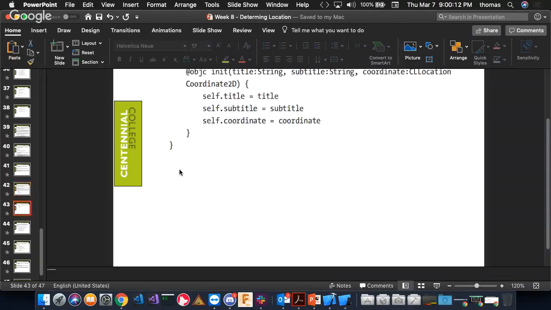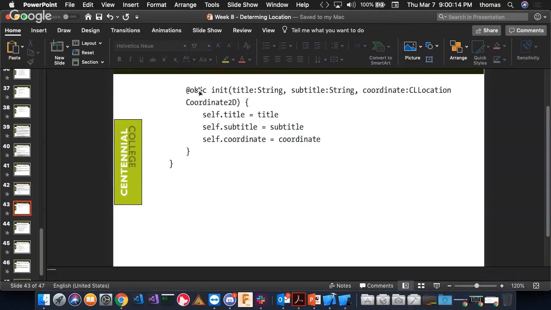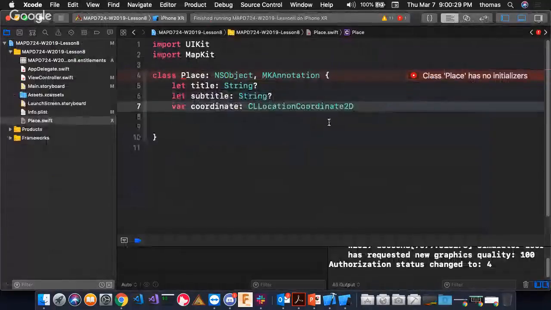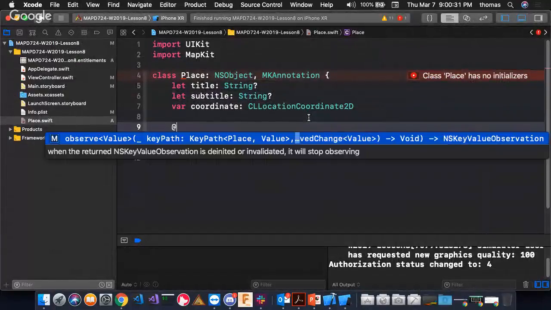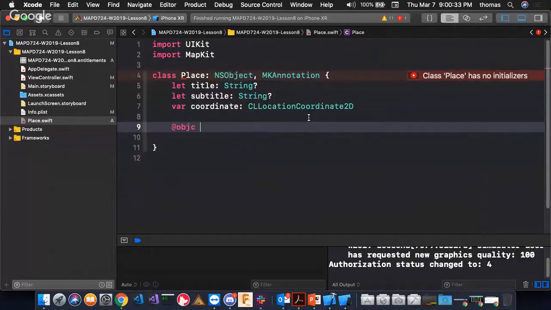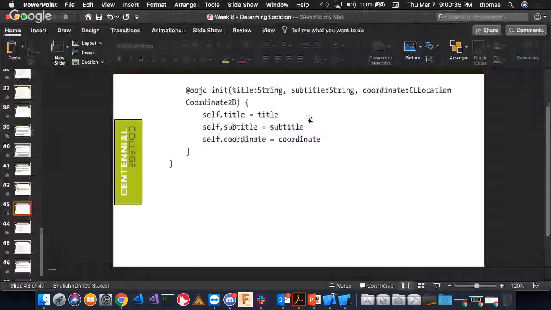Next, the next page needs this one initializer. And here, for the first time, we see, oh my God, the culprit, Objective C. So we're actually using an Objective C initializer, right? So we put this decorator, this @objc, and we're going to say that we're going to use the initializer for the Objective C class,